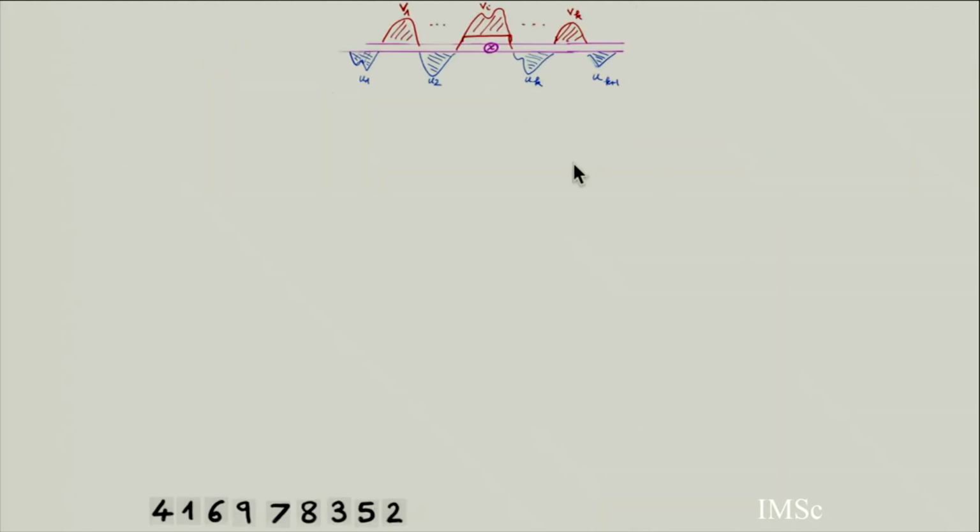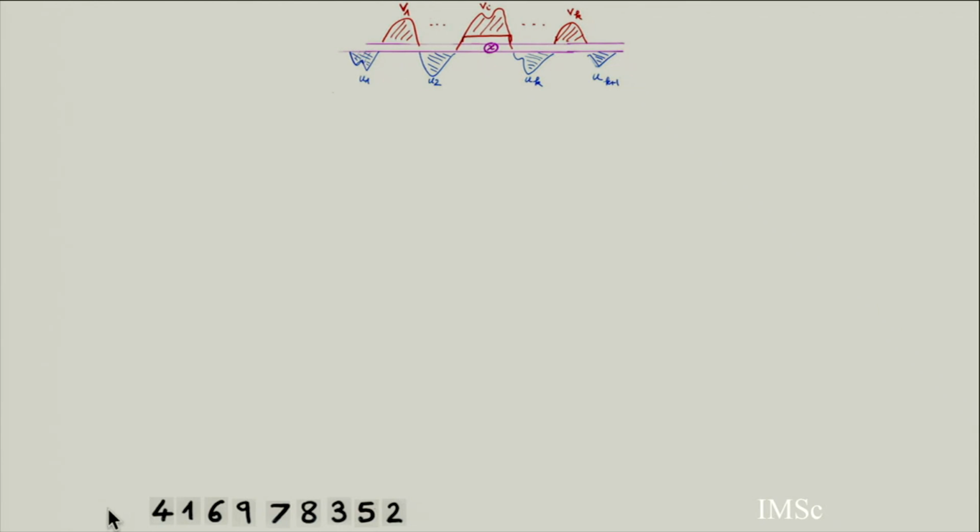And the reverse bijection, maybe it's important. When you have an X, you separate the permutation into blocks of letters. The red, all letters are greater or equal to X. The blue, all letters are strictly less than X. And then you look at where the letter X is. If it's in the first block, second block, third block, this will give you the choice function.